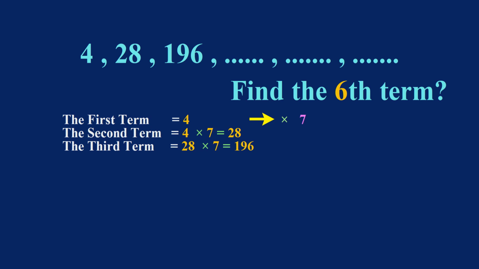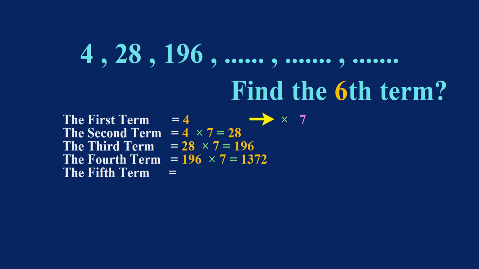And the fourth term is 196 times 7, which equals 1372. And the fifth term equals 1372 times 7, which equals 9604. And the sixth term is 9604 times 7, which equals